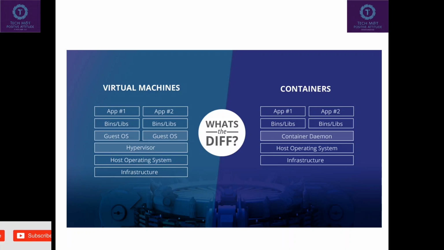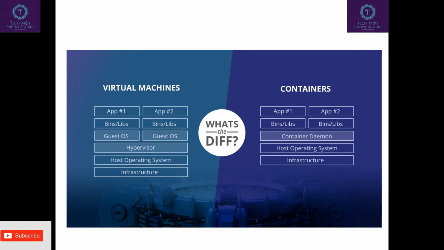What is the difference between a container and a virtual machine? First, the virtual machine is hosted on hardware. First, hardware is there, then there is a host operating system. On top of that host operating system, there is a hypervisor. Like there is a Windows machine, on the Windows machine we install the Hyper-V role.